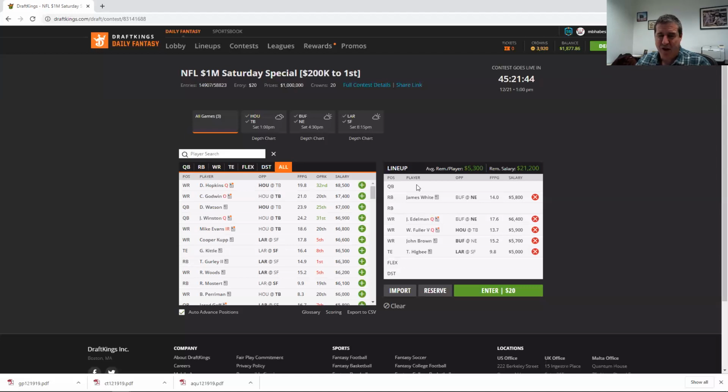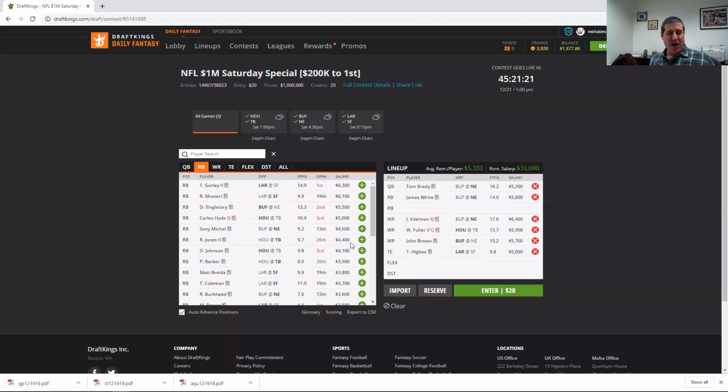I know some people do it. Like if you really, really like John Brown, and the quarterback was, this is a really nut matchup, you would put him in and then run it back with 2 guys. But I don't have that much faith in John Brown to warrant having 2 run backs from New England. So what I could do is you could put in Tom Brady,